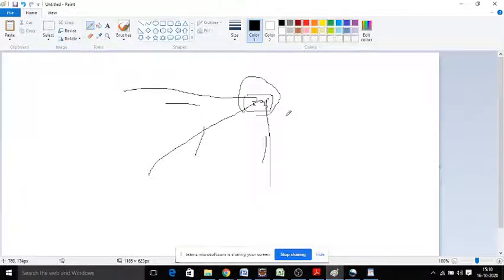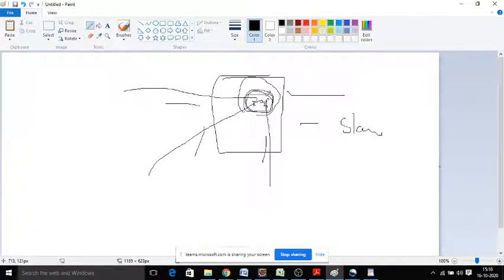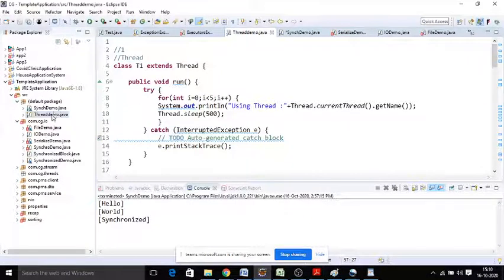So to avoid that, we should identify the typical logic which is affected by the concurrent threads. We have to synchronize that. And we cannot synchronize the whole class or the whole application, because if you synchronize the entire application unnecessarily, it will make your application slow. So you should identify the particular part of the application and make it synchronized. How do we synchronize? We have to do the synchronization in two ways in Java. One is synchronized method, the other is synchronized block. That we are going to look into in our example.